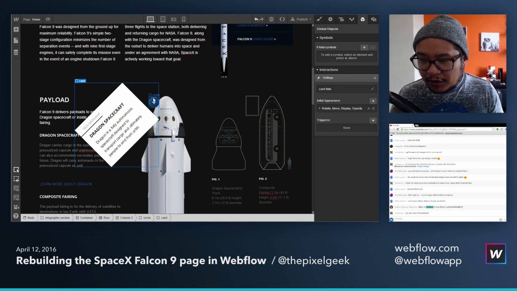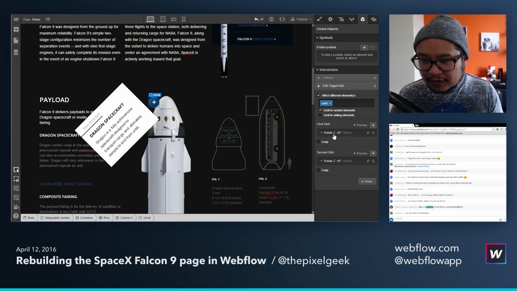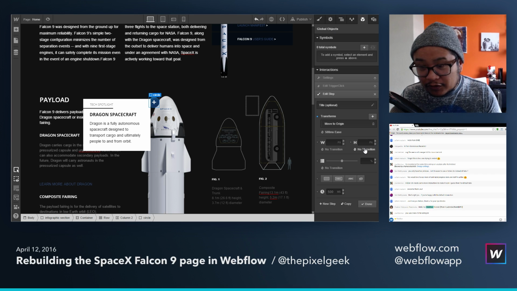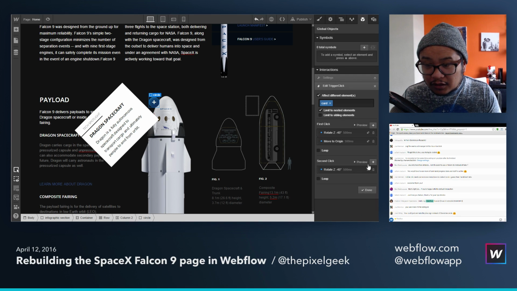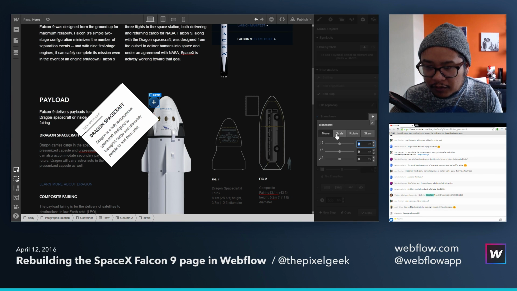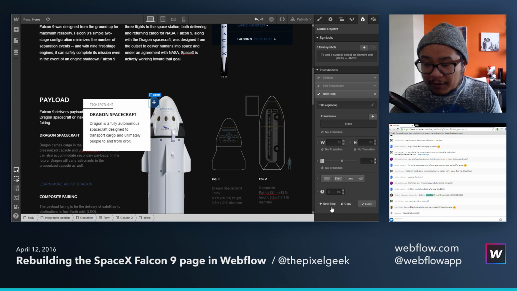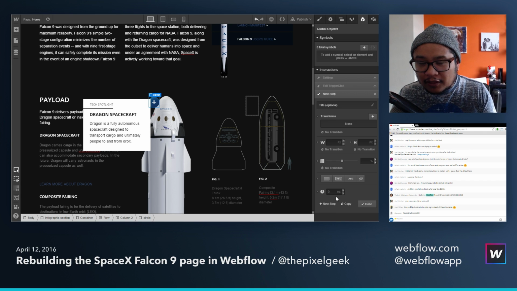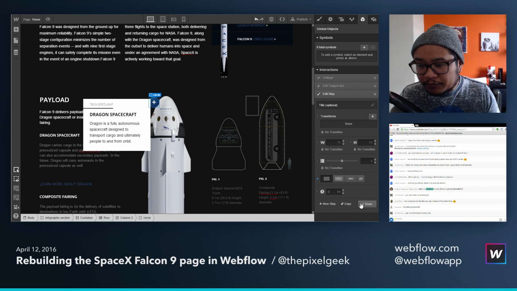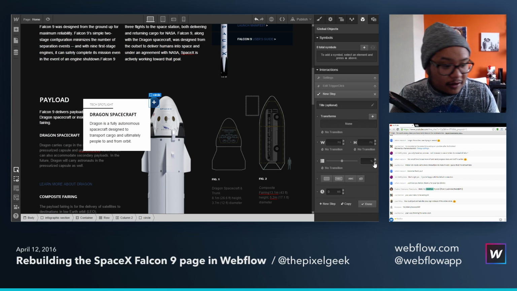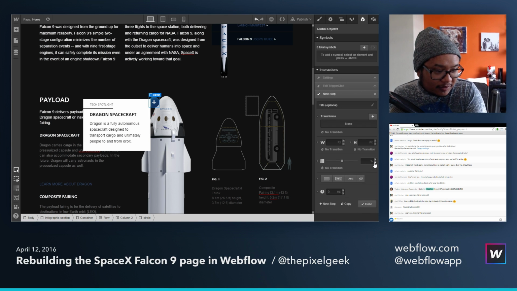And so when I go to my circle, when I click on it, not only do I want it to rotate negative 45, but I also want to move it to its origin. Oh, that's the extra step. Sorry. There we go. Move it to its origin and also opacity 100. I'm going to add a new step. I know this is kind of confusing, but it's more of repetition going through the interactions. And we have a whole course in the Help Center to help you start on interactions. So I want to display block so I can take it off of display none. And here on the second click,